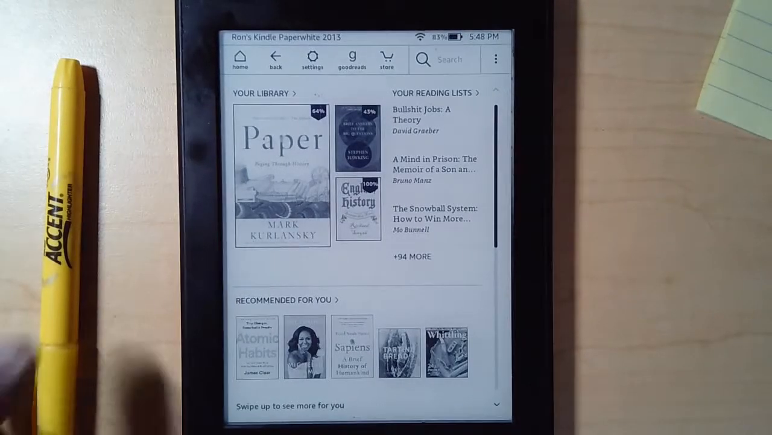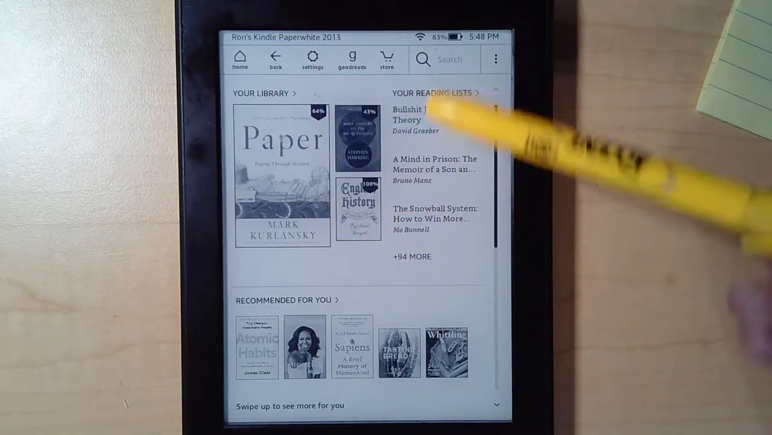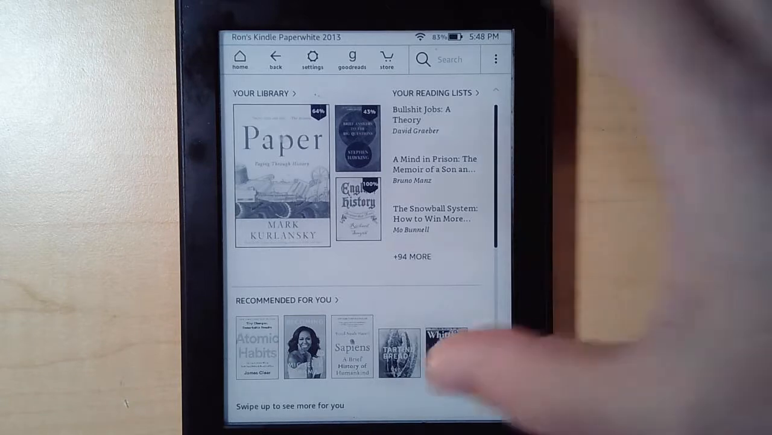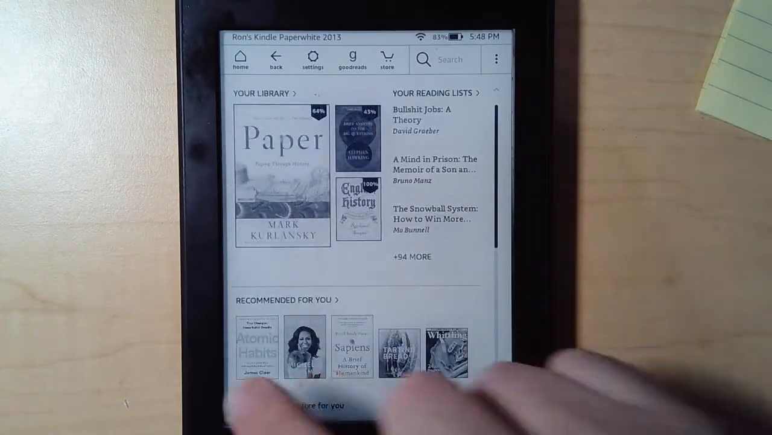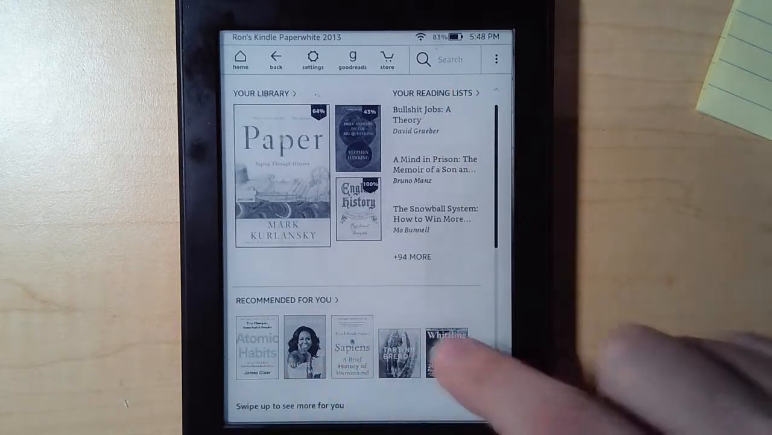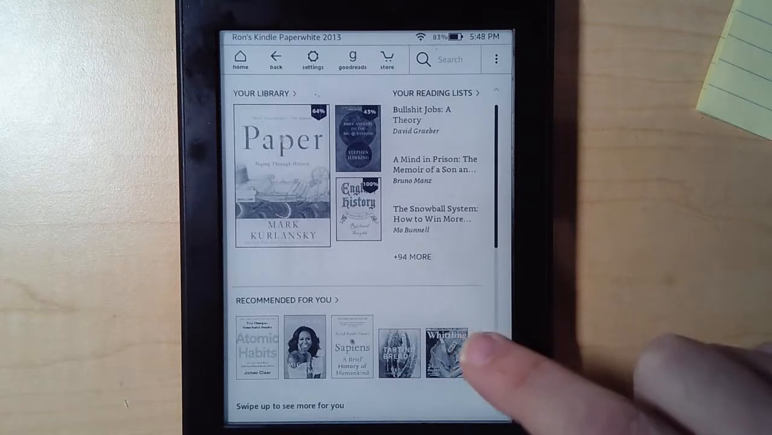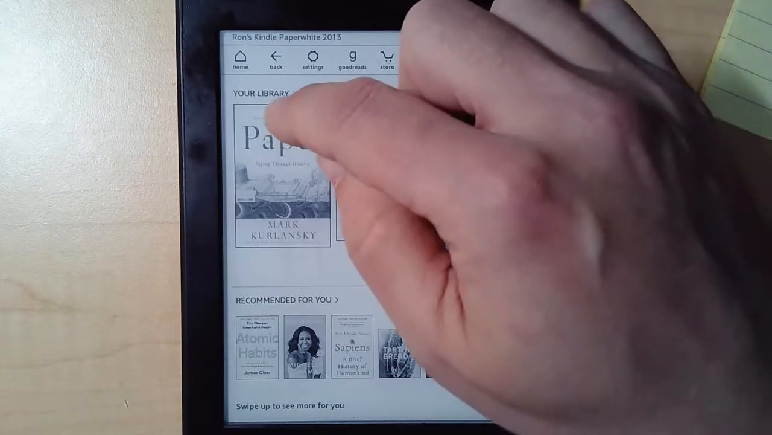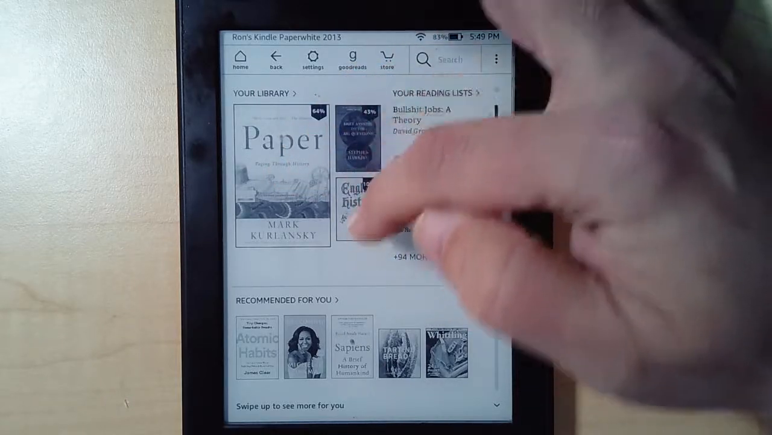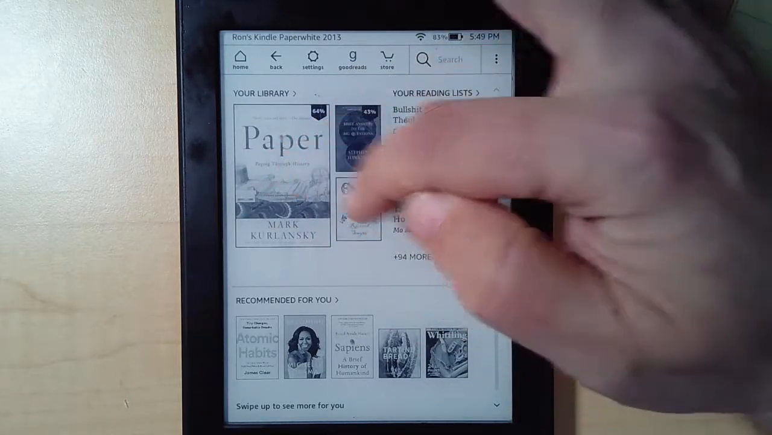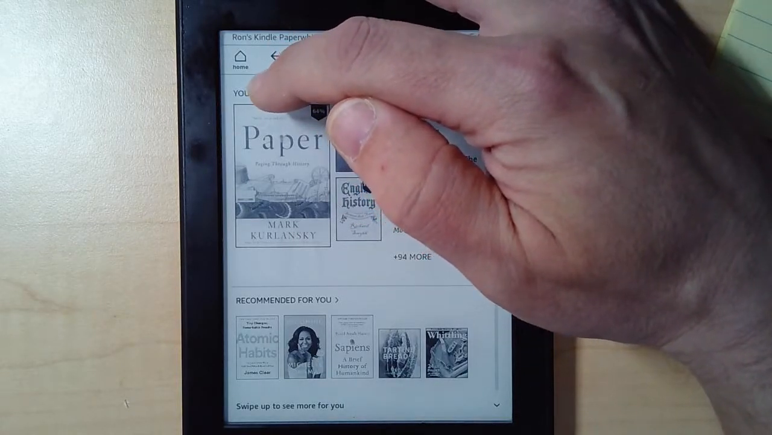You can see it's brought me back to the home screen where it's got my library, reading lists, recommended, and toward the bottom, other bestsellers. Okay, all this stuff on the right and the bottom is Amazon trying to sell you things. The books on your machine are all under your library, so you have two choices. If one of the books you want to look at is here already, you could click on its picture. Otherwise, click on your library,